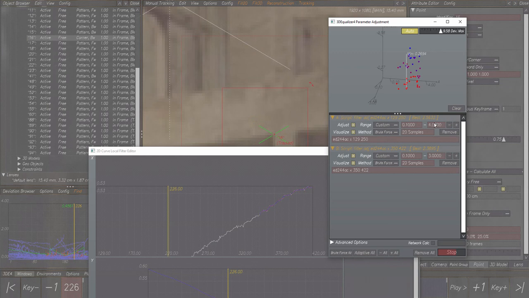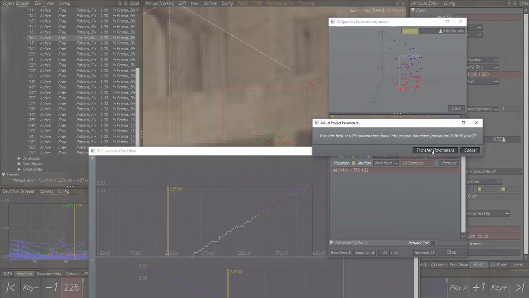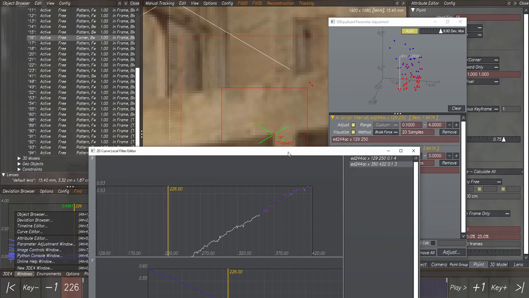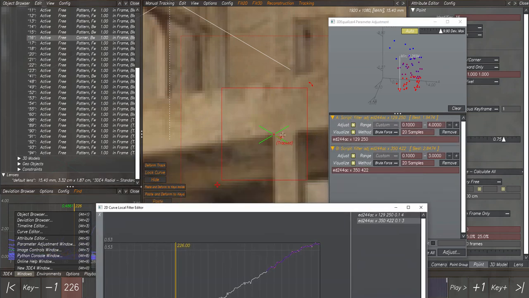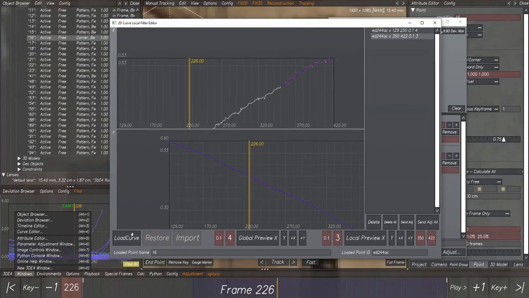And you can see that actually the best here is 2.519. Now it's 2.8 here, and we can wait for the end of this. It's not too long, and you can press transfer parameters. Now the parameters have already overwritten the original curve. But if we press load curve again,